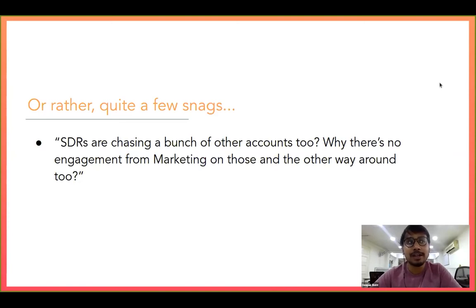Because what it required essentially to solve this was a dynamic system where they really don't need to manually update our target accounts list or anything like that. But at that point in time, with HubSpot being our CRM, it was not possible to have a dynamic account list in HubSpot where new accounts being targeted get added to it automatically. So these were some of the main huge challenges that we faced while trying to make ABM work for them and make HubSpot work for ABM.